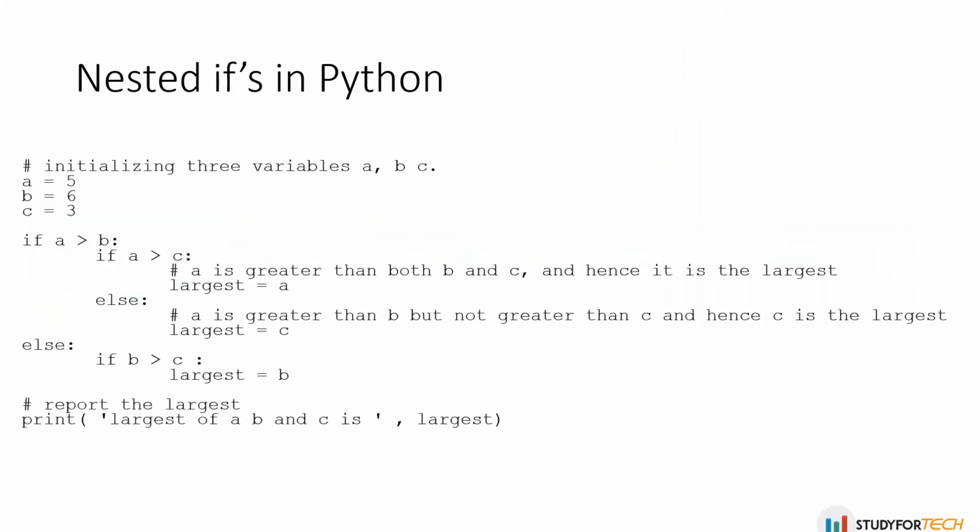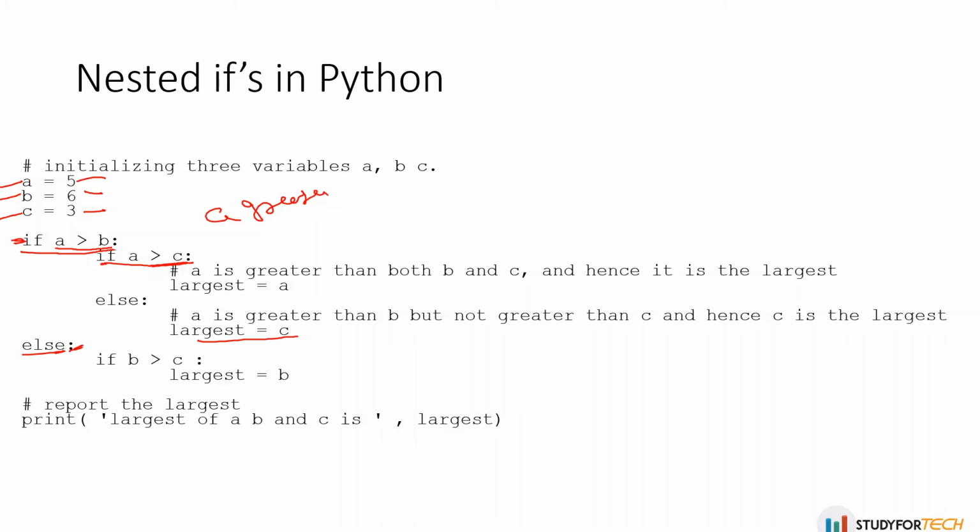So you can have one example here. I am having three variables A, B and C, and I want to find out the greatest of all these three values. That means 5, 6, 3, which one is greatest? So first I am checking if A greater than B. If A greater than B, then I am checking if A greater than C. That means A is greater than B and A is greater than C, so A is greatest. But this is not the case here because A is not greater than B. If A is not greater than C, then it will go to the else part and tell that C is the largest. And this else part will come if A is not at all greater than B at the first level.